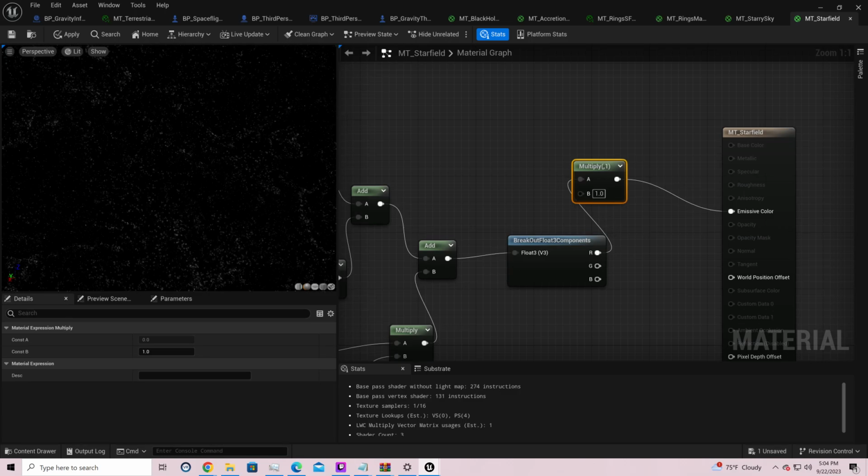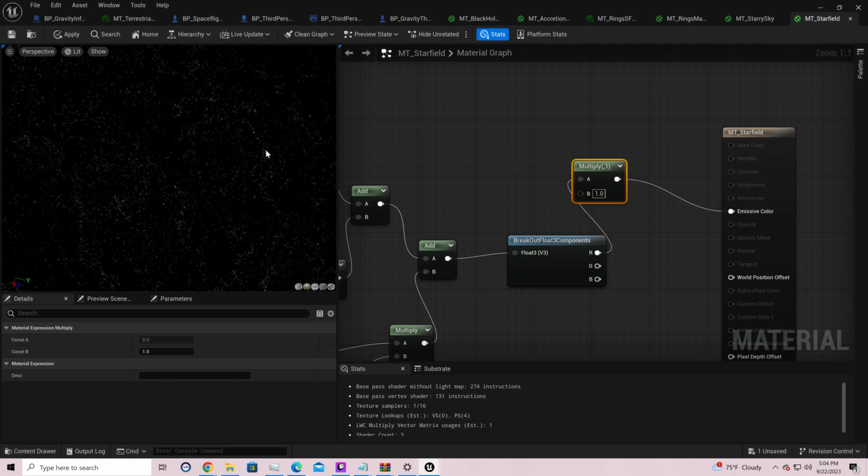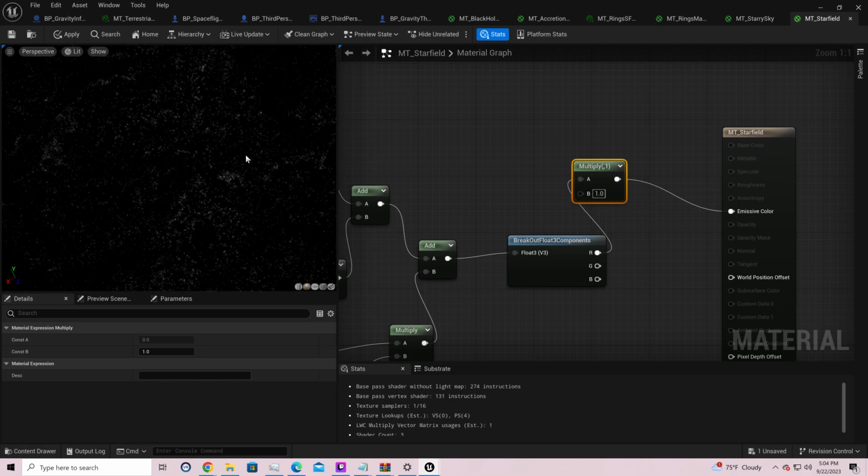But they jump around like crazy. Of course, if we're gonna take a snapshot of it, which is probably the best way to do it,